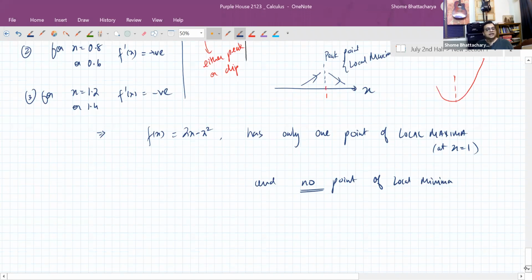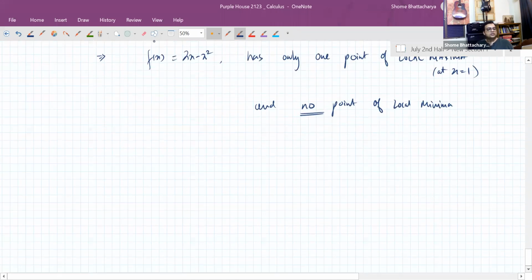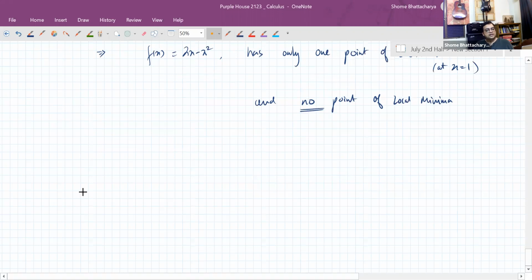Okay, and now we can even analyze the graph, and we can see that, with a little bit more calculation, if we were to look at the overall structure of the function,